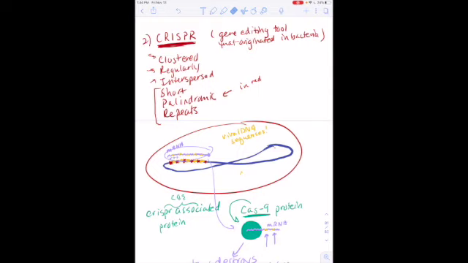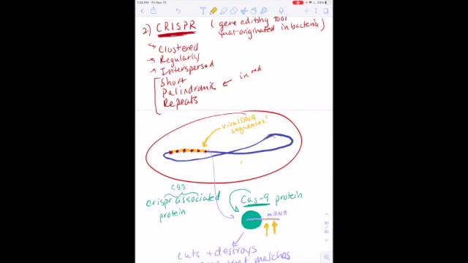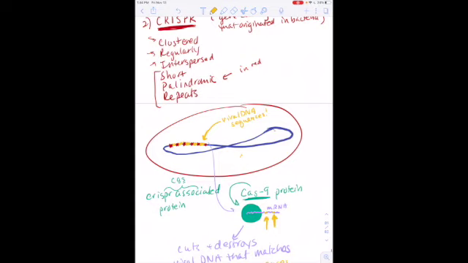Again, I don't understand all the details of this, but I'm going to try and explain it as best I know it. Remember back here that in yellow, in between the red palindromes, the palindromes are bacterial DNA, and the yellow are viral DNA sequences. They were like, hey, it's these viral sequences that let Cas9 plus that messenger RNA recognize a virus and cut it out. What if we took this piece of DNA right here,